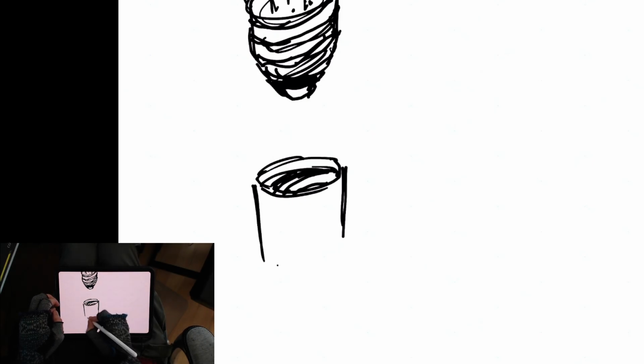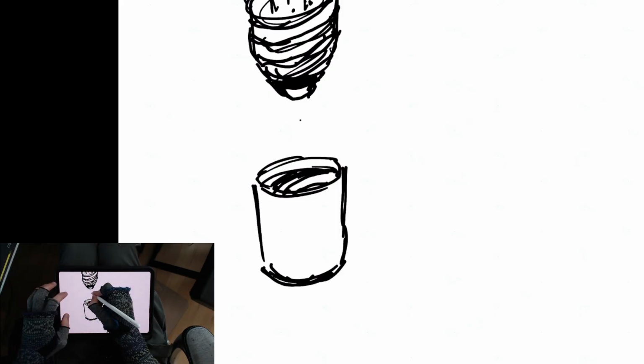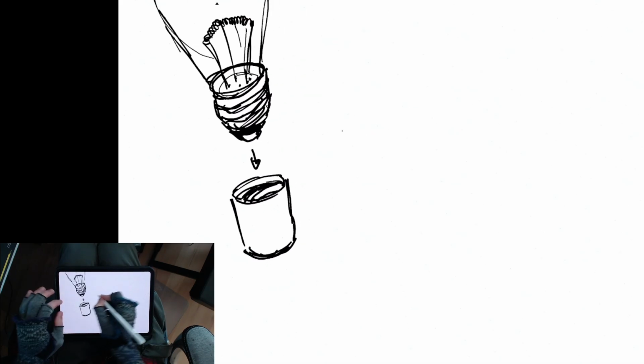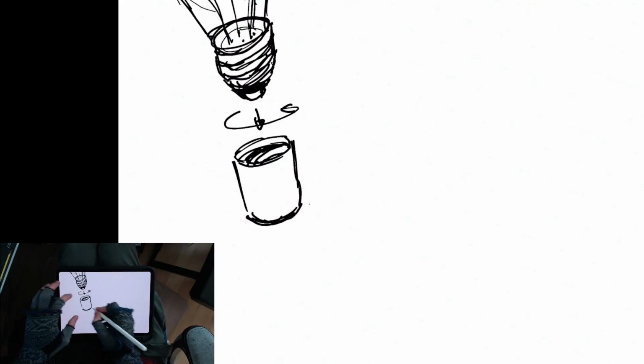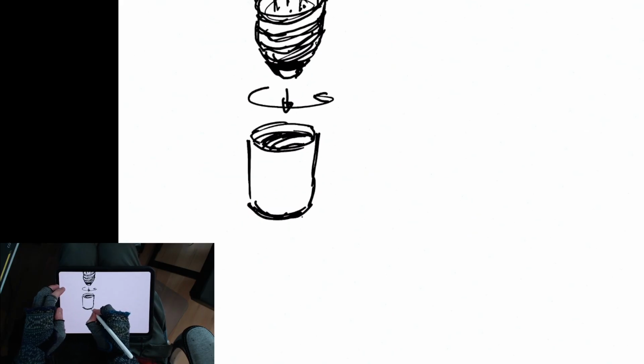So you have to have some sort of socket for this thing to screw into. They match. And then, assuming that this light bulb is something that goes onto the wall, then there's going to have to be,